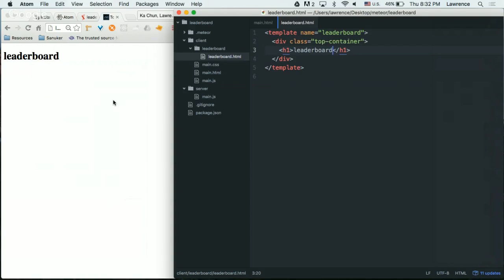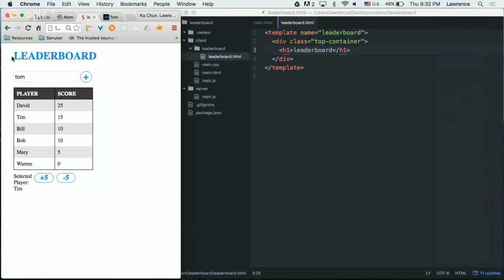Everyone got this? Okay, H1, see the same thing? Once you got the H1 right, remember in our end product, apart from this part, H1 is a heading, so it's a big word. You can see the words are bigger than the rest of it. So we learn a new element called H1.